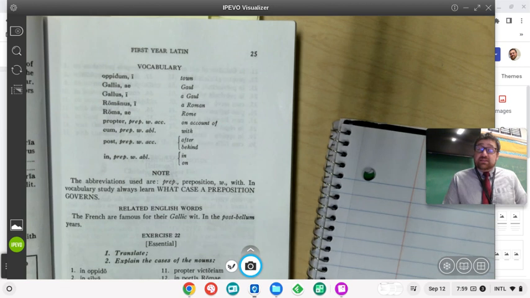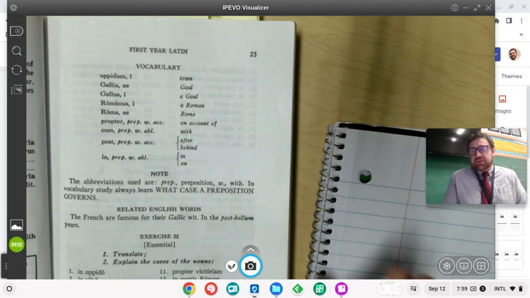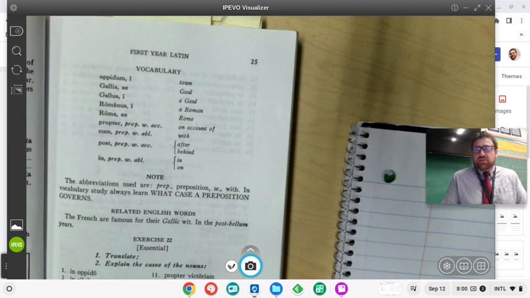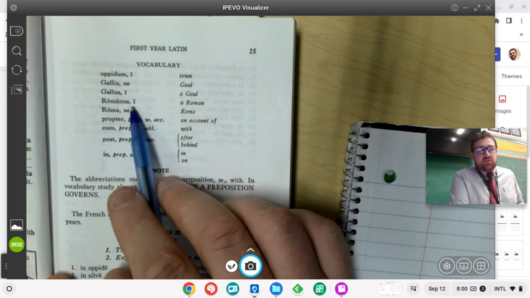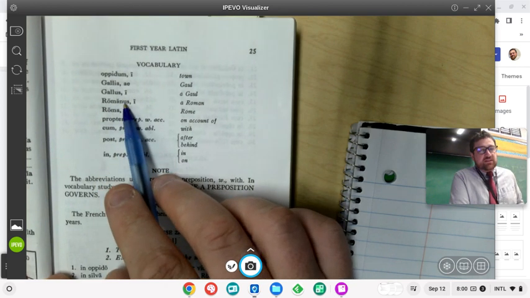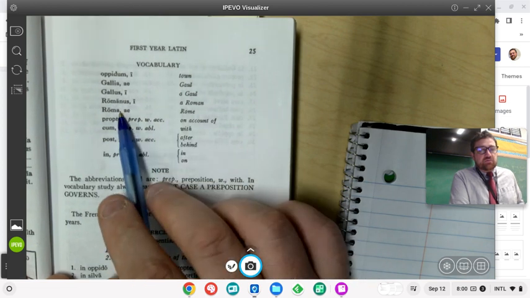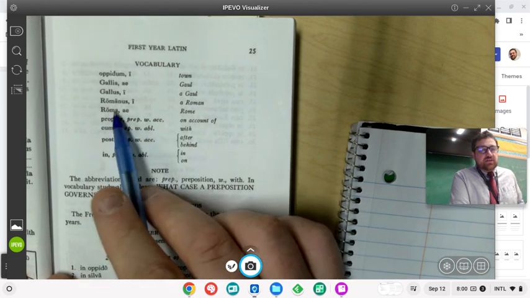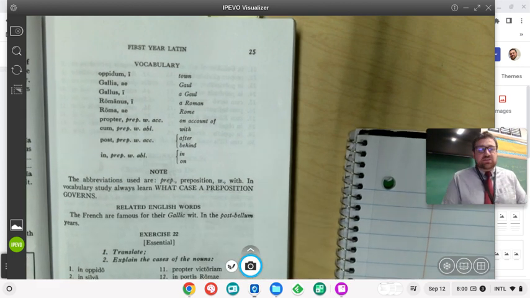Why is it second declension masculine? Because a Gaul is a person, and a person has a gender, and typically words that are referring to a person from a place, the default is to use the masculine. So Gallus, Galli. Romanus, Romani works the same way, another second declension word because it's a Roman, referring to a person with a gender. Roma, Rome is the city. And so we've got words from all the categories that we've seen so far.